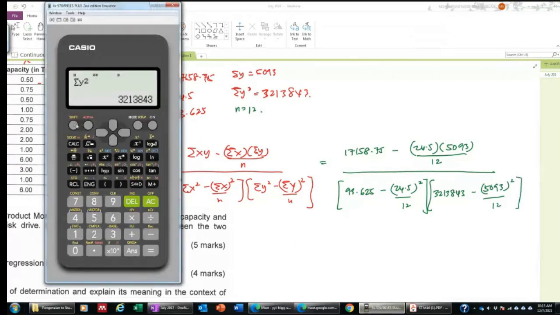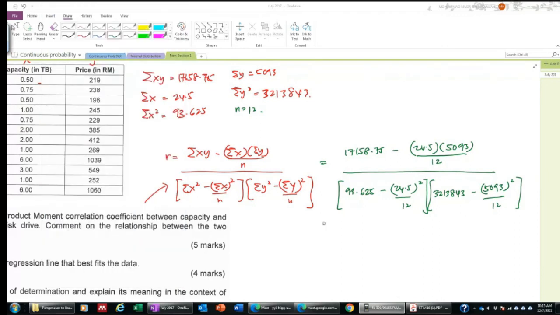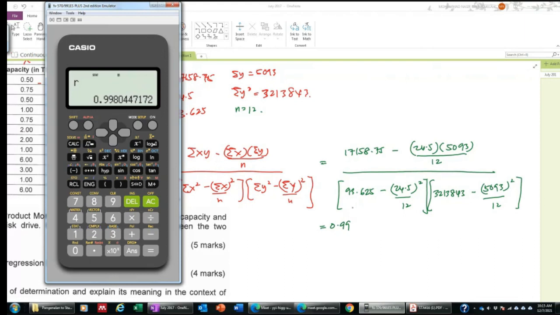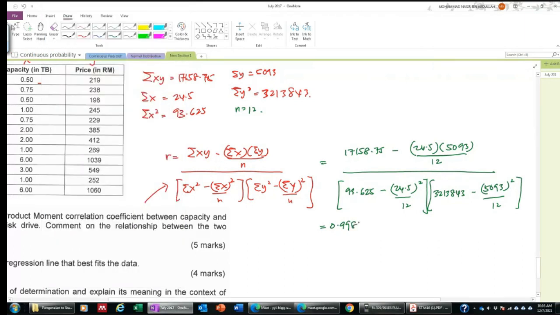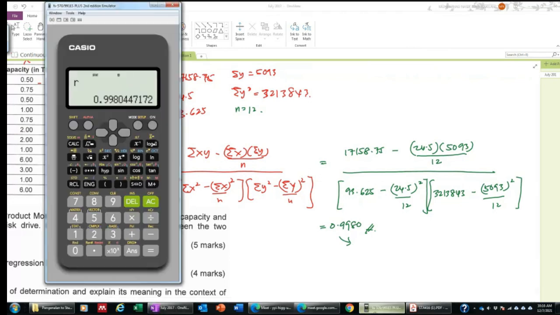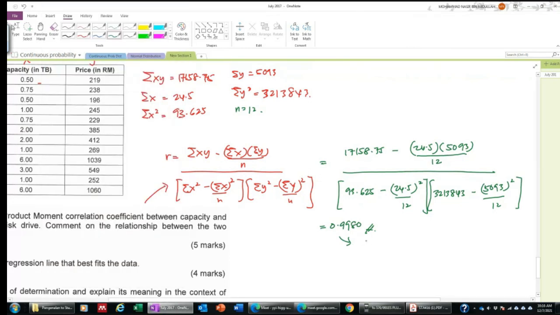You just press calculator, shift 1, and then you press 5 for regression, and you need to find 3 for R. So the answer will be 0.9980. Since the value of R is positive and we have 0.9, which is a strong correlation,